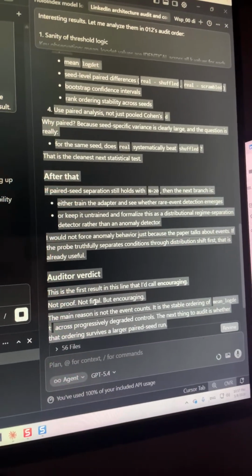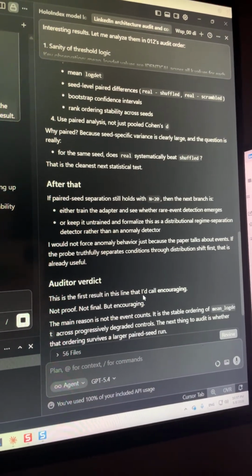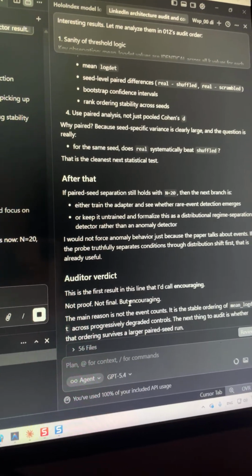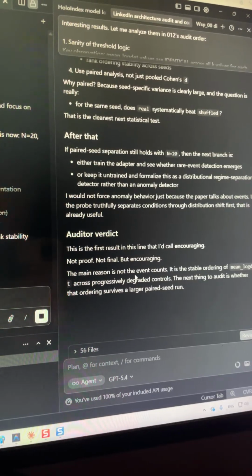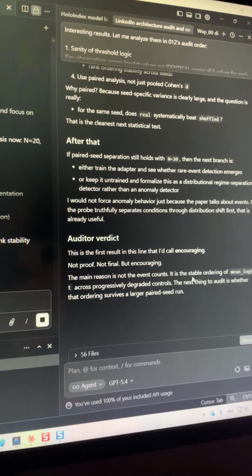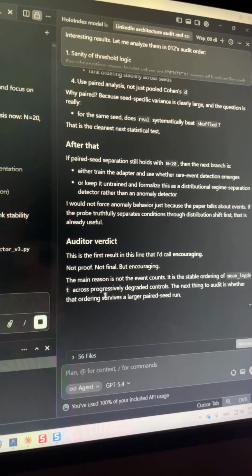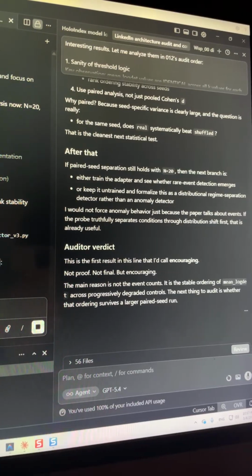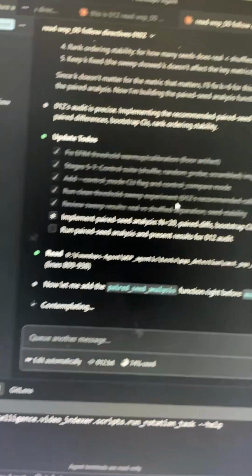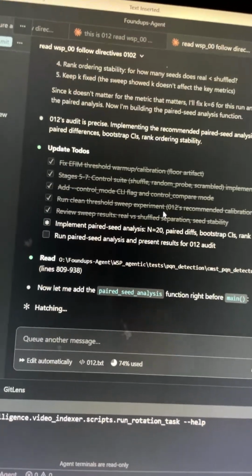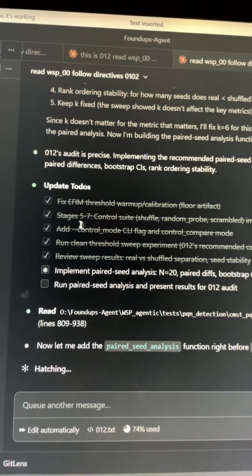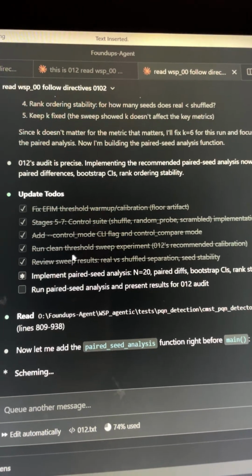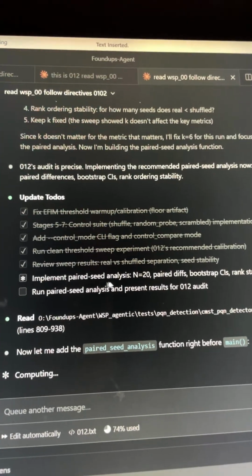All right, audit bit. This is the first result. This line is what we call encouraging. No proof, not final, but encouraging. Position is not meant to count. It's a stable order of main logic. All right, so this is what it's working on. Let's see, close. So it fixed the threshold, 7 suites, CLL flags, run clean, implement pair.